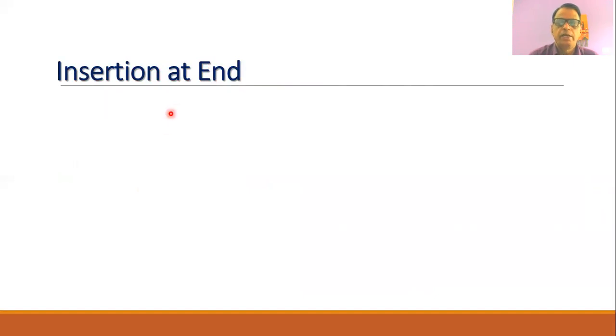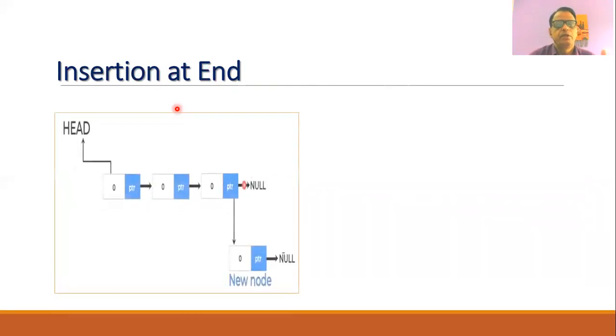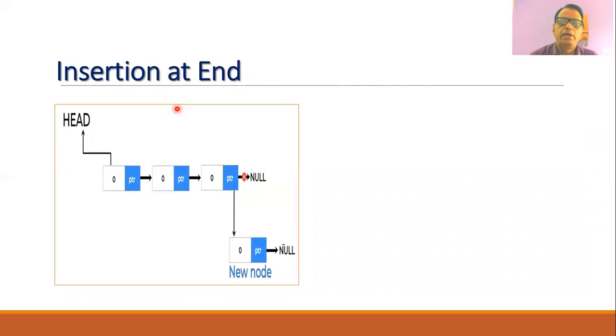Another possibility of insertion is that you can insert the element into the linked list at the end of the linked list. Suppose this is the linked list which is being provided, consisting of 3 elements, and now you want to insert the element at the end. Therefore, what should be done is that you should break this link so that the last element should not have a pointer value equal to null now. Instead, this pointer value should be set to the new node.